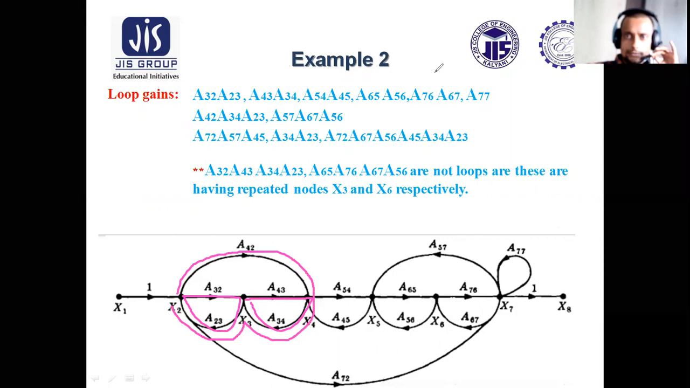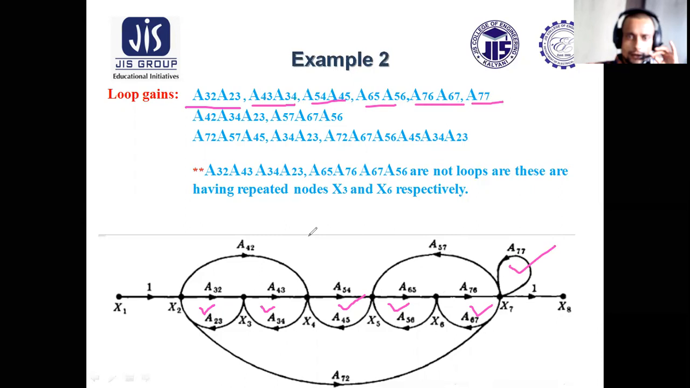A23, A32 is one loop. A43, A34, another loop. Similarly, A54, A45, A65, A56, A76, A67. All these are loops. A77, another loop, which is known as self loop. Now,